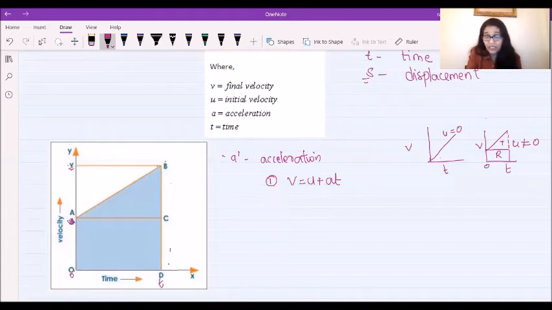V is represented by the side BD. V is this distance, from 0 to v. This is the height of V. Here also it is the same thing, BD. The height of this part is similar to V. So I can write from the graph,